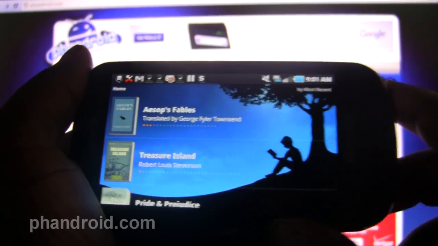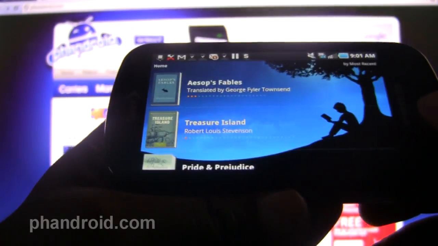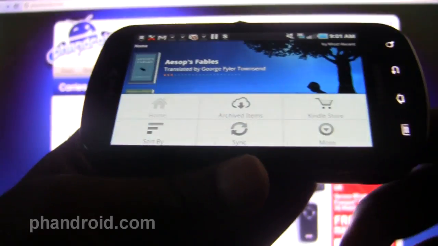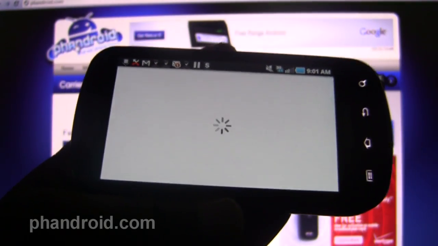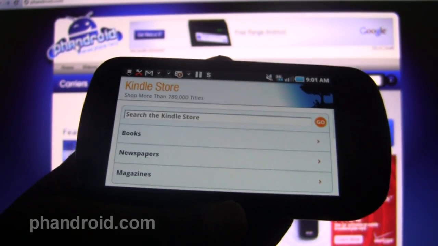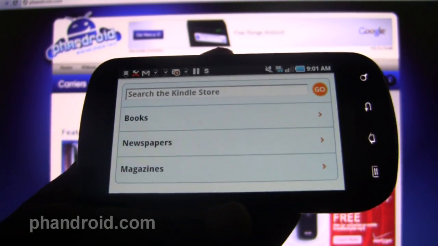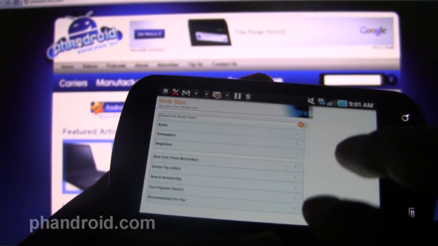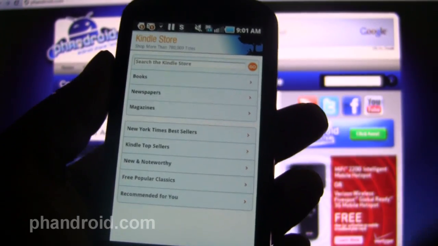Amazon's issued a new update to their Kindle app, and it adds a lot of new features, the biggest of which is going to be the ability to download magazines and newspaper content. So you go to the Kindle store, and that shows you the next new feature. It doesn't kick you to your default browser, but it's still web-based. It's not really a native solution, but at least it's in the app now. You don't have to open an entirely new app to check out the new books and magazines you can buy,